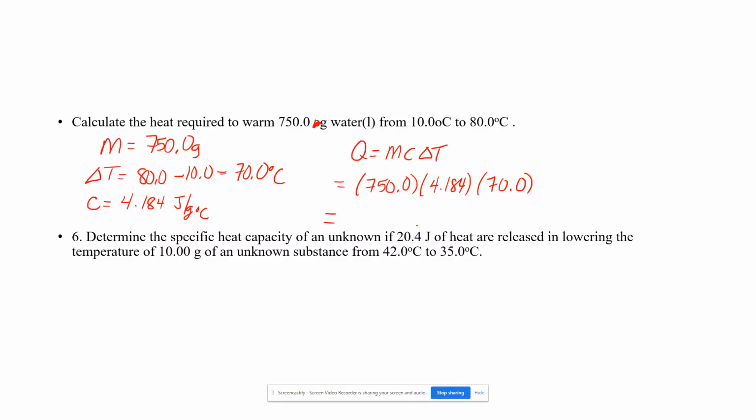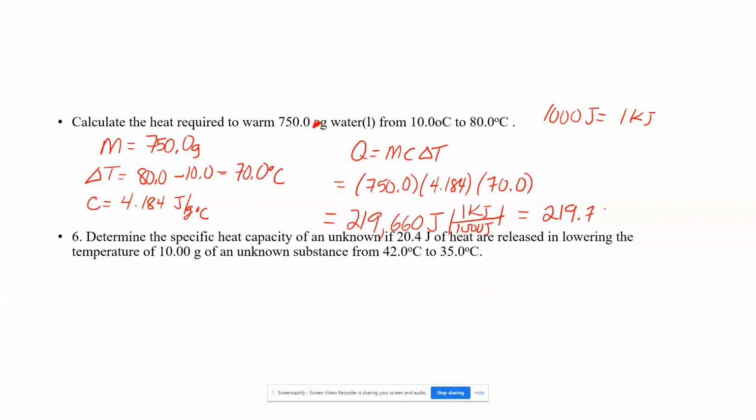Now this is in joules, and as we know, a joule is not very big itself. So 219,000, and I'm going to change my sig figs in just a minute. So that's really big. We know that there's 1,000 joules in 1 kilojoule. So if we use that, we're going to divide by 1,000. That's how we can change this to